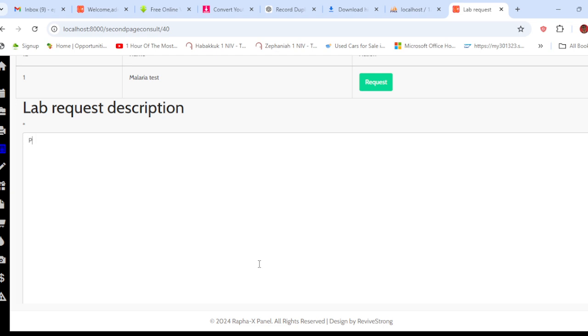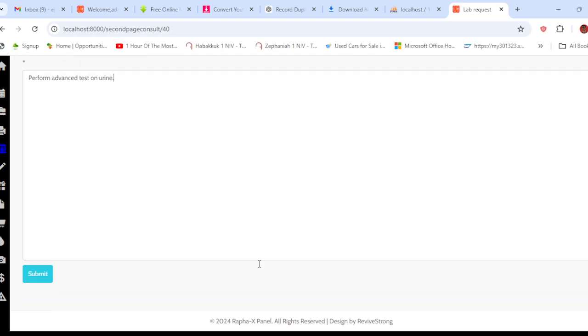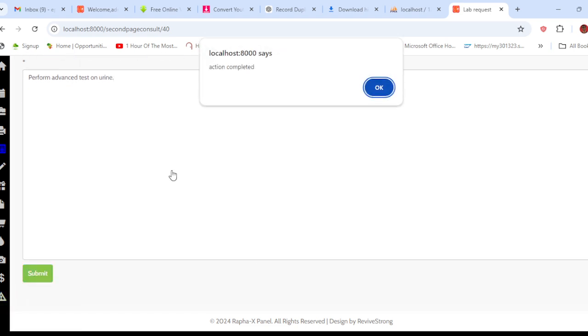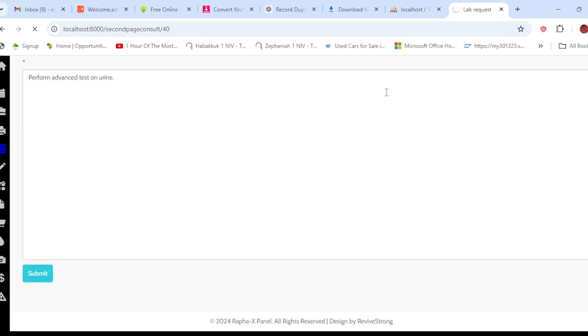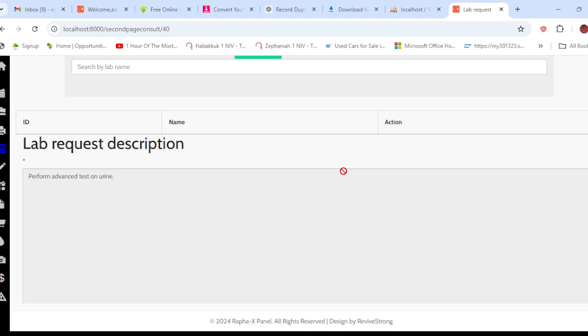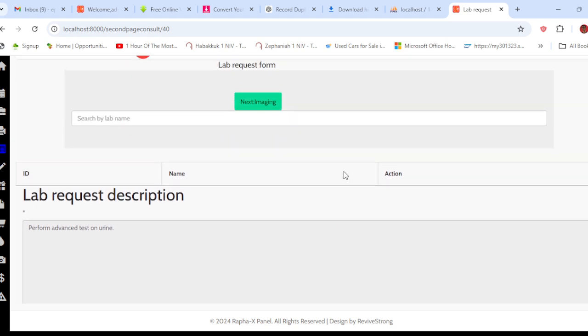So maybe perform, let me just write advanced tests because it depends on you and your assessment. Maybe on urine. And you give your indication so that whatever you are inputting in this box will be on the patient's file, right? And click on submit. So after you click on submit, everything loads. So yes, this is what you have